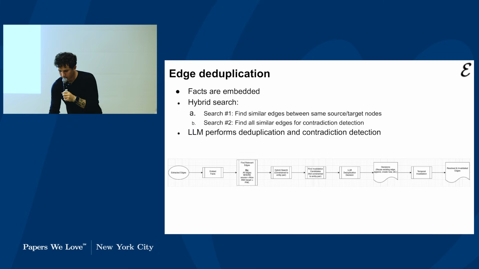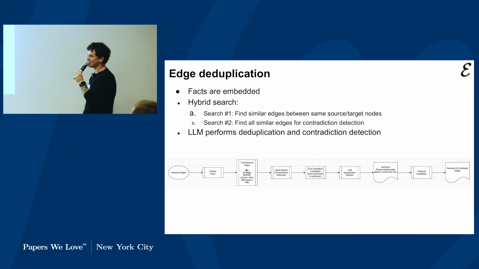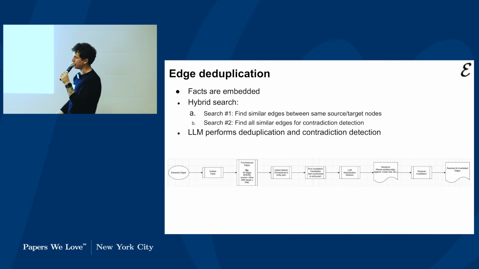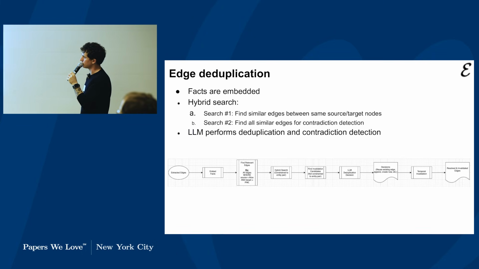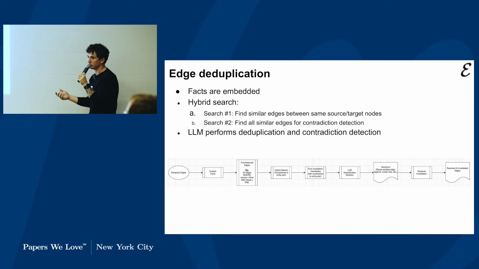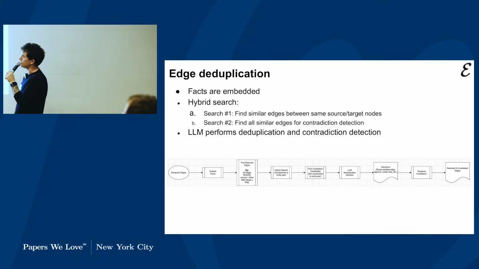Cool. All right. Edge deduplication. So like I said, there's a lot of systems built into Zep to make sure that the graph stays, I think, stable and doesn't get out of control. One of the interesting things about Zep is that the graph is sort of arbitrarily built over time. And so I think they're doing a lot to keep it from getting out of control, and edge deduplication is